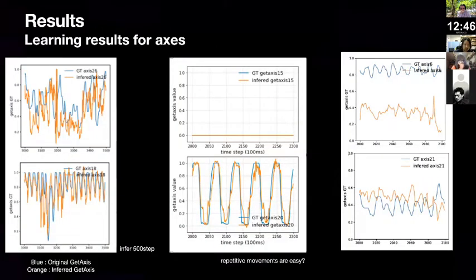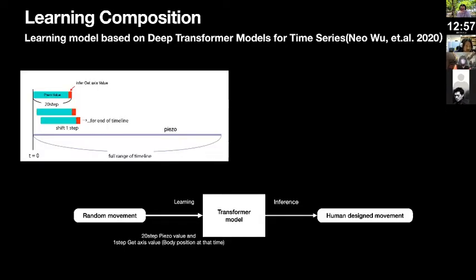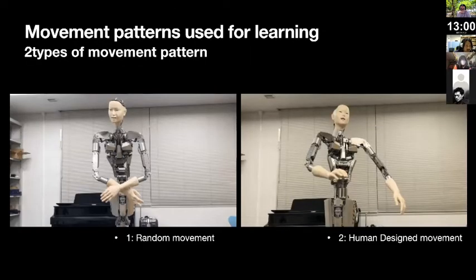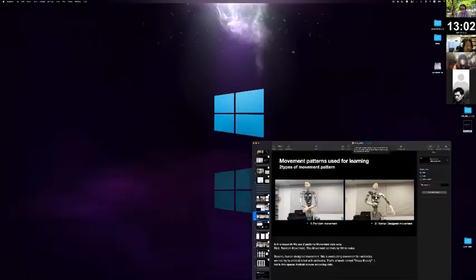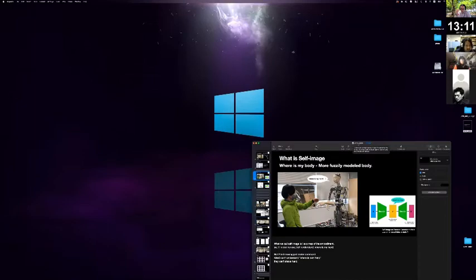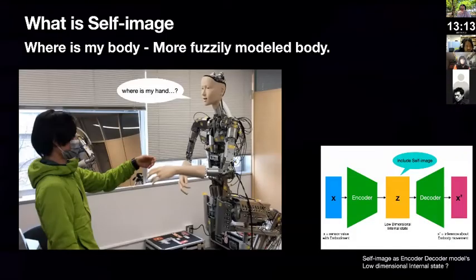So that means, maybe you explained in the beginning of the introduction, but sorry. Why can you say this is a self-image? So why can you say so? Maybe this word is